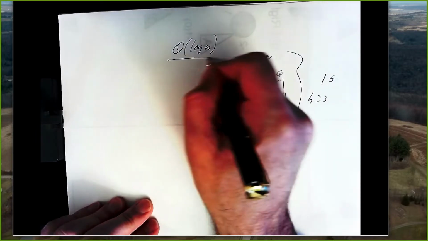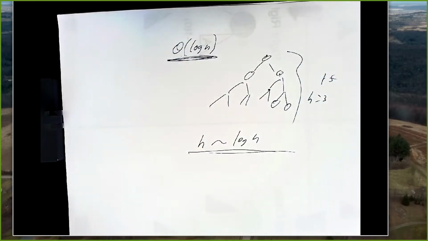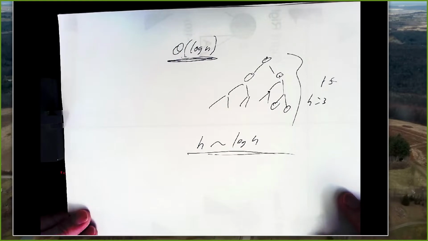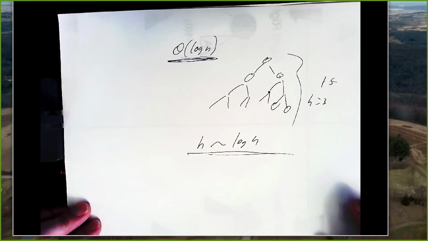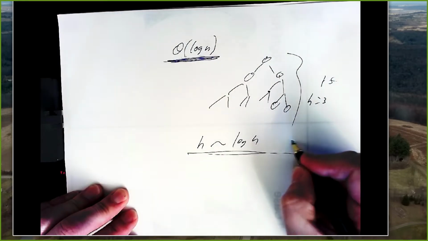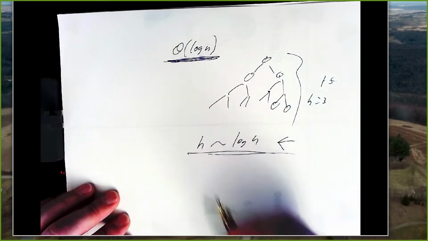And so we get this nice performance out of binary trees. It's not order 1 like a hash should be, but trees are pretty straightforward to implement. They're very memory efficient and so on and so forth. So this is good. This is our goal,